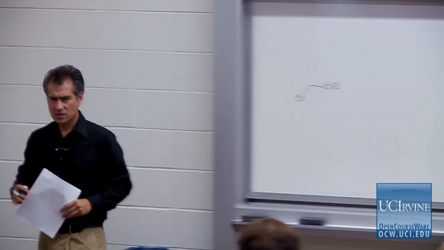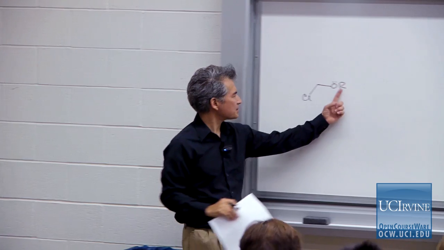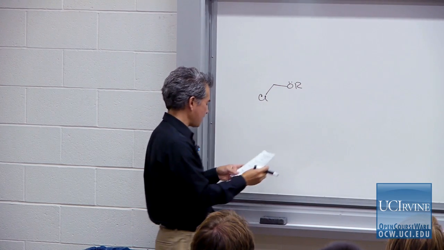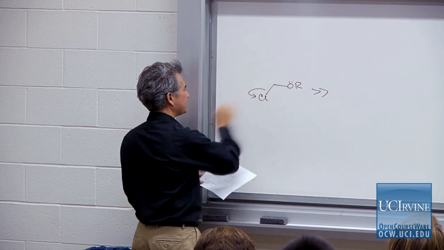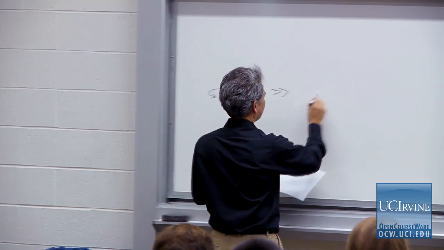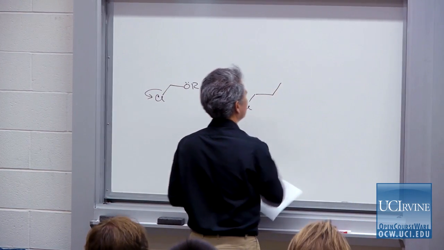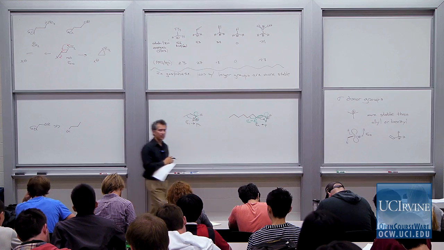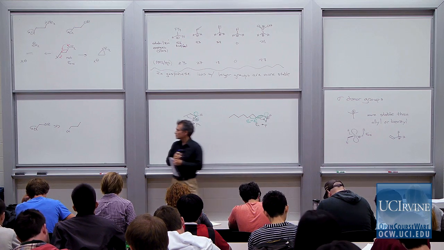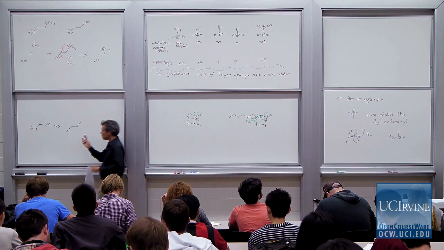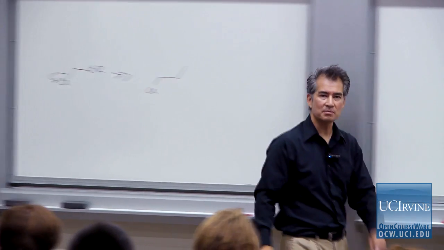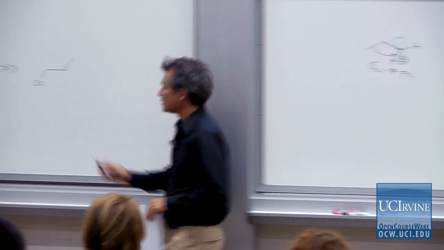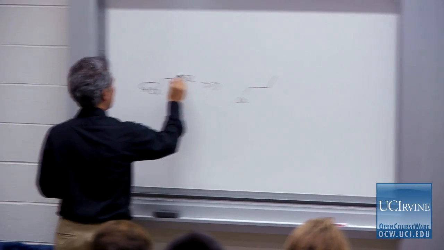So we had talked about this reaction of methoxymethyl chloride, MOM chloride, where R is a methyl group. This turns out to be very fast. It's much, much faster to ionize this leaving group out here, vastly faster than if you just have a primary alkyl chloride. And it is true that you'll have some electronegative atom attached to the carbocation, but that's not what's important here. The important point is that this lone pair can easily push out